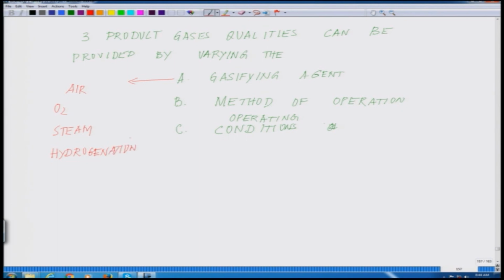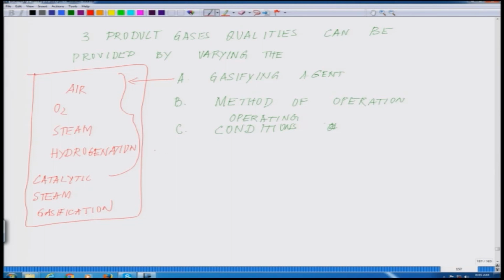And sometimes further you can do catalytic steam gasification, using different catalytic routes or catalysts. Okay. So, these are the different gasifying agents which are being followed,